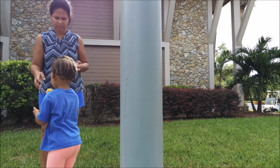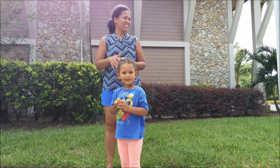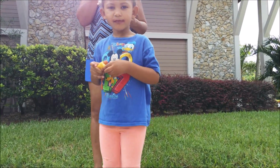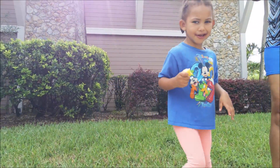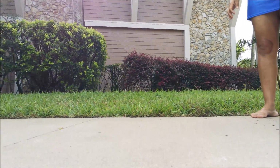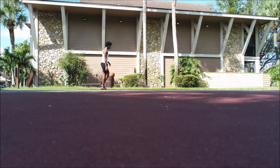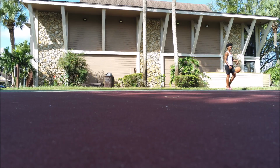My drone's cameras just take a lot better video, really, than my regular camera. I mean, these drone cameras are really great. I actually use these drone cameras just to take regular video sometimes, so I can use it. Like right now, I just left my camera sitting down there on the basketball court. And I'm taping